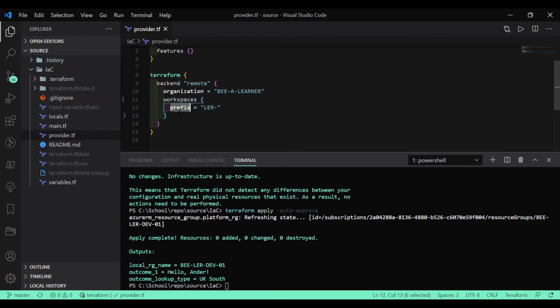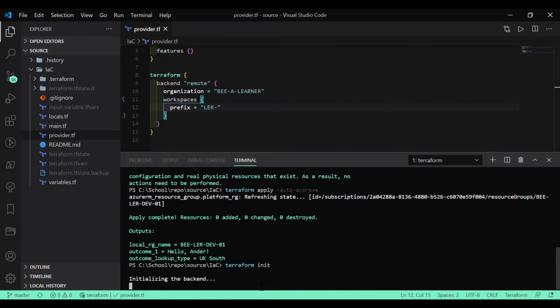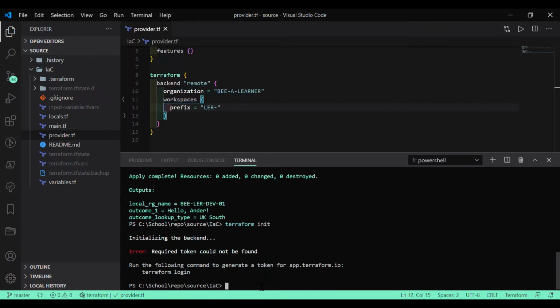So let's say I'm going to keep it as is, and if I want to run the Terraform init command for now, let's see what happens. I'm getting an error, which is expected, because now you're trying to connect to the Terraform remote location, and to connect to the remote location, first of all you need to specify the Terraform